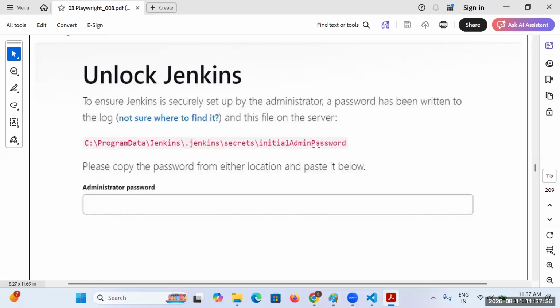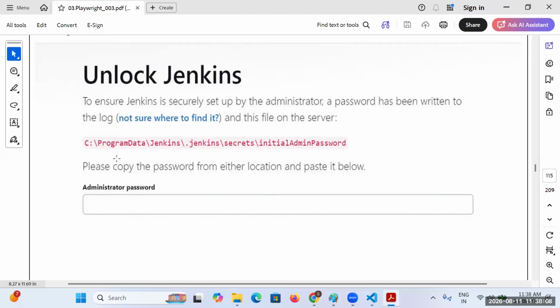So how you need to change the password is, first we have to go to this path. See the path: in the C drive, the folder name is ProgramData.